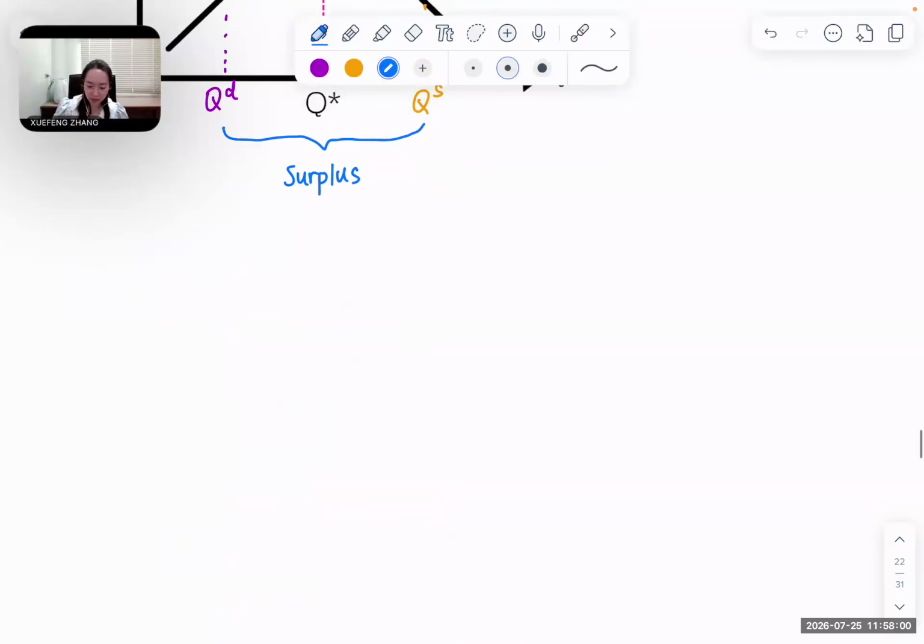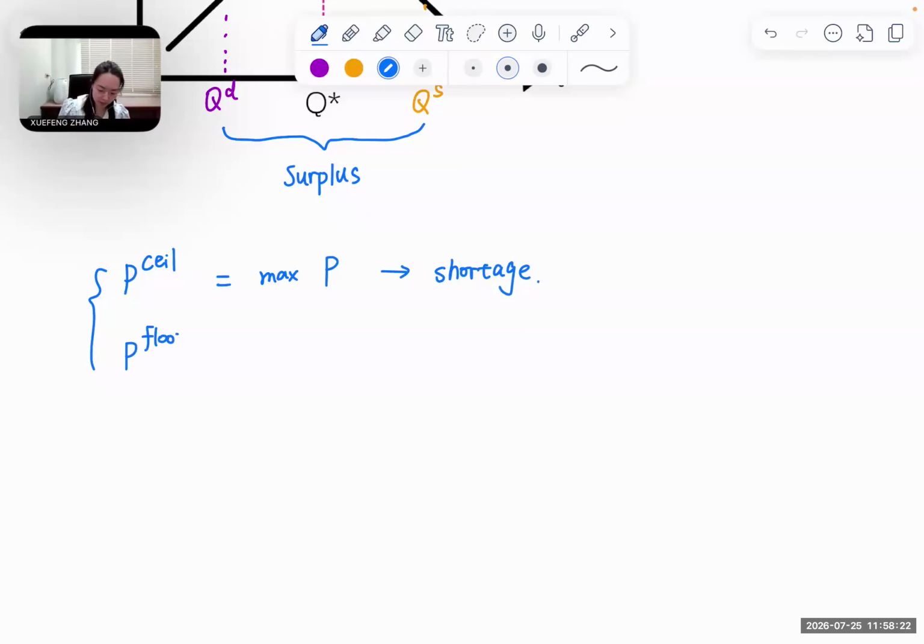Just a little summary of those two. So price ceiling, this is the maximum price, will create shortage, right? The other way around, price floor, this is the minimum price, will create surplus. Okay,